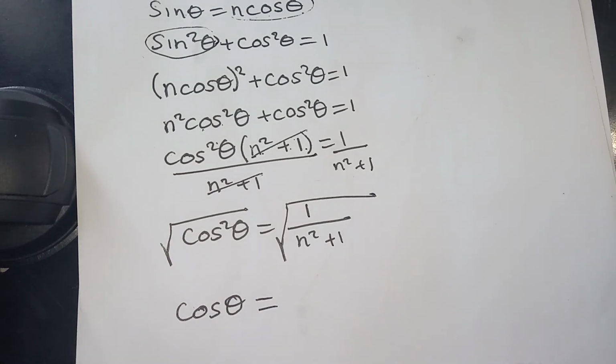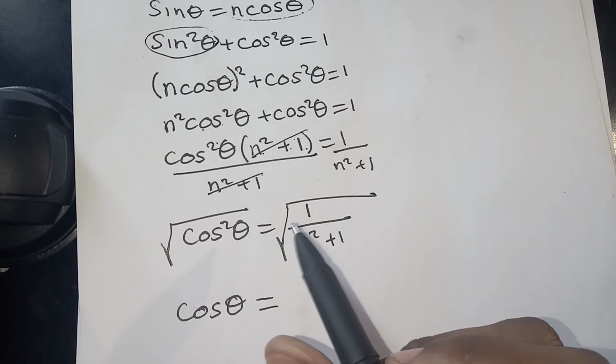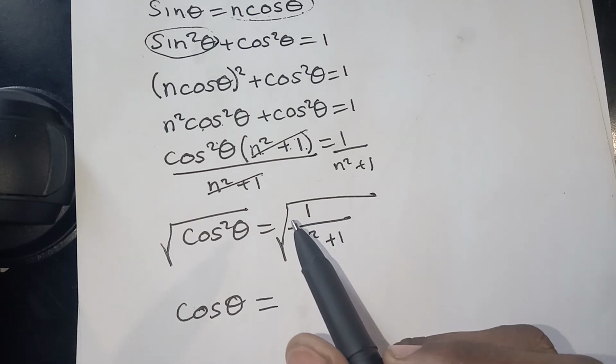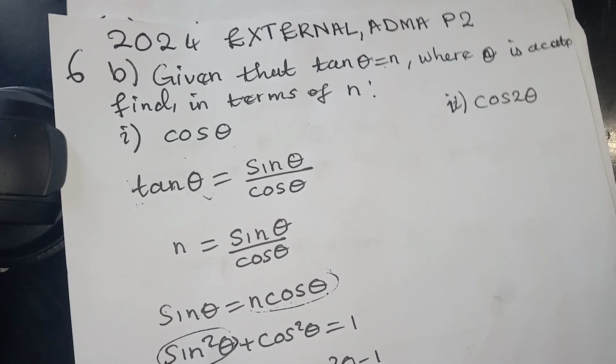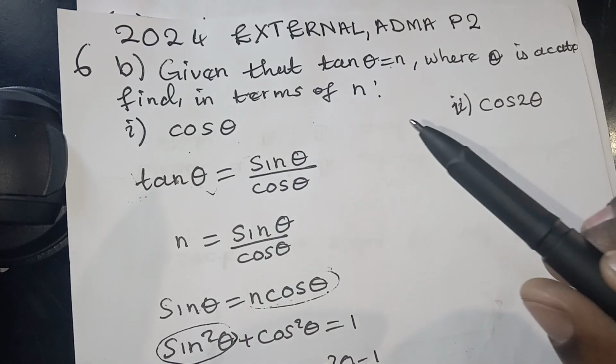And then you have two possibilities here. You can either have a positive or a negative. But then, since you have been told in the opening statement that theta is an acute angle, you know that